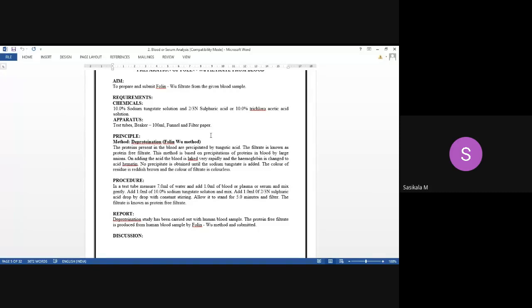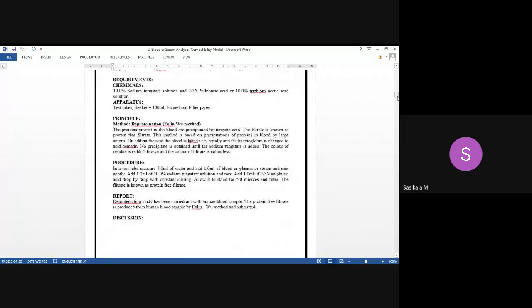The same you have to copy and upload in the classroom. When you come directly to college, it will be evaluated. Now I will be giving marks by seeing your performance in the classroom itself. The same marks will be given in the observation and manual when you are coming directly to the college. So this is how your practical classes will be handled.